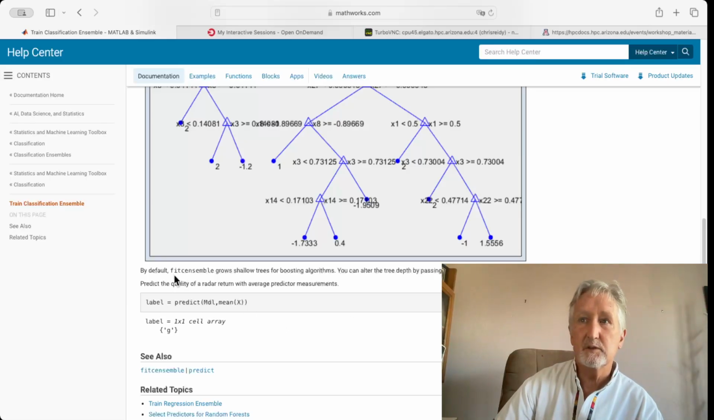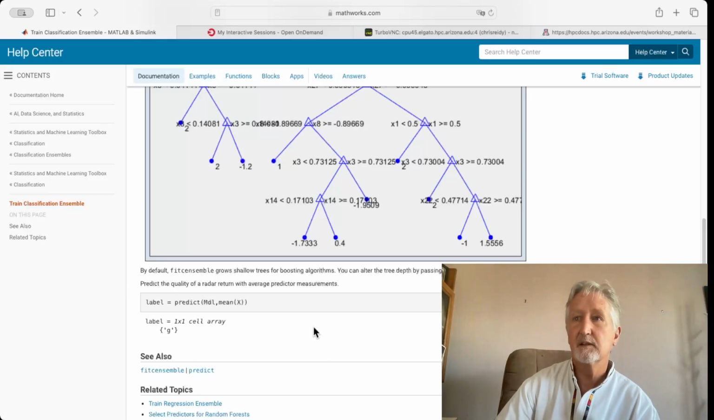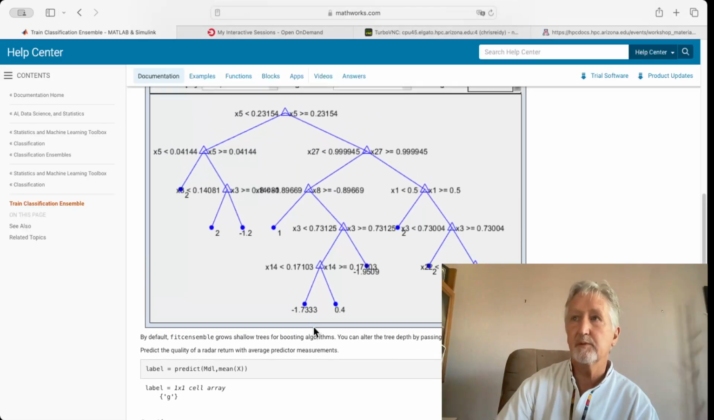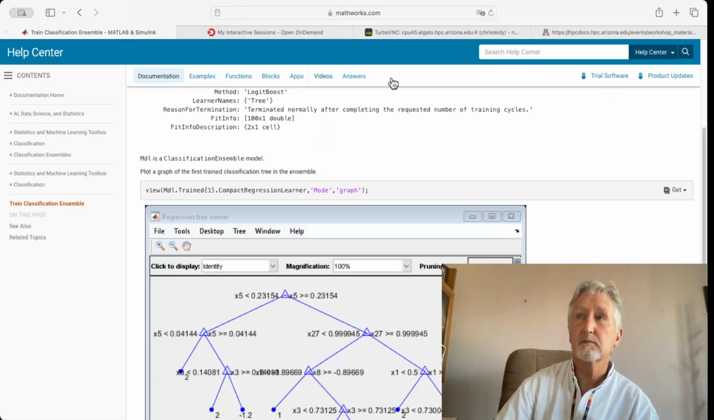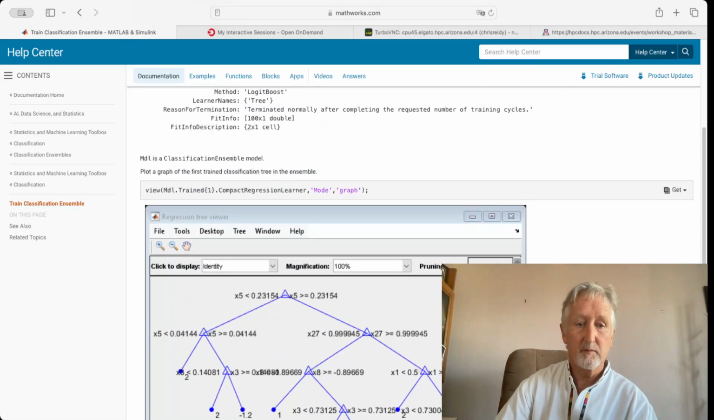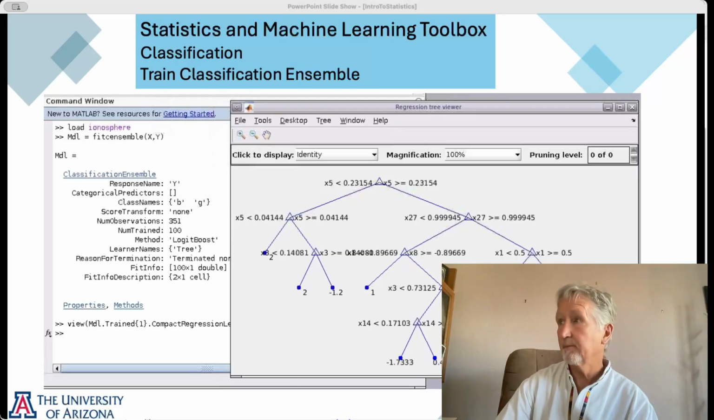So what this shows is the function that we loaded called fit_c ensemble. It grows shallow trees by default, and you can alter the tree depth by changing around the features. They've got examples on how to change it around, but this is just a simple example. Okay, I'm going to hop back over to the presentation